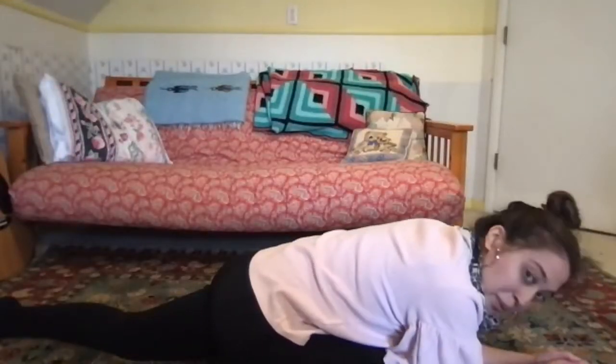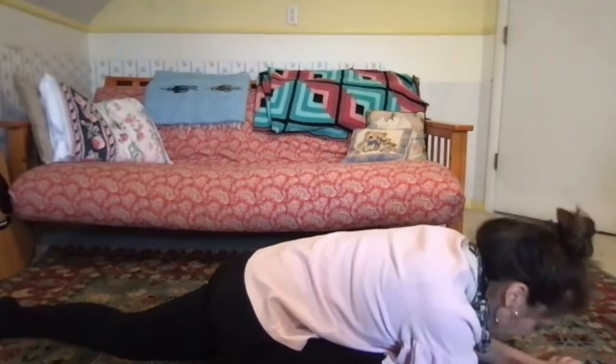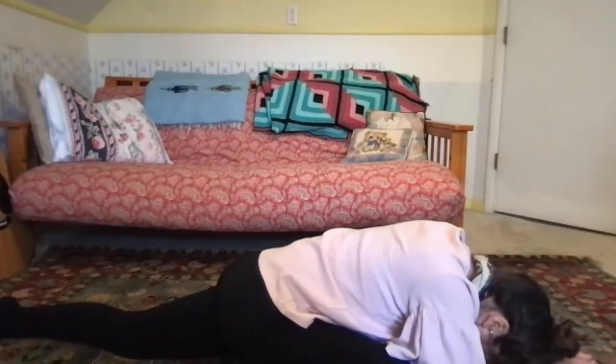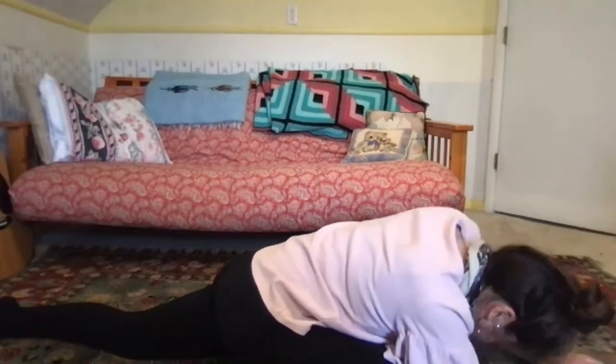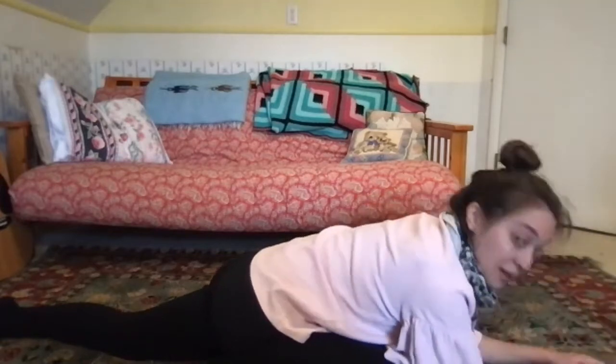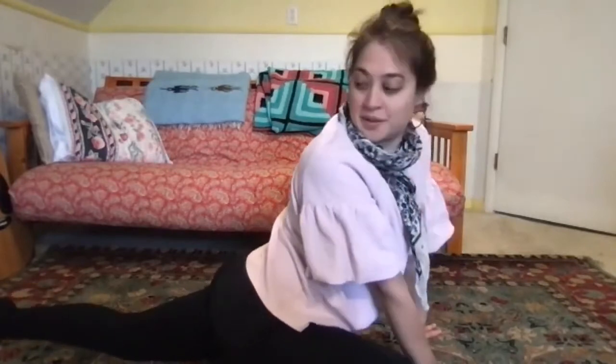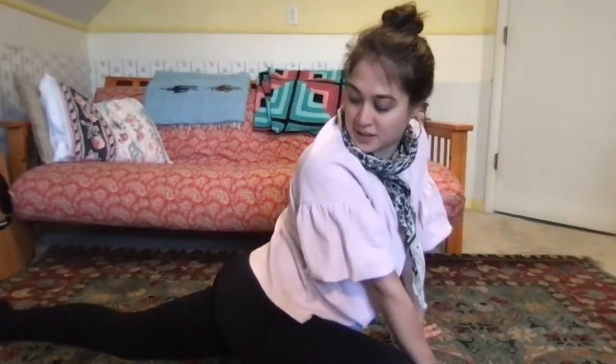To exit this pose, we'll just come up one layer at a time, the same way we came in. So if you're all the way down, you can start to walk back up to your elbows. If you're on your elbows, you can start to walk back up to your hands. And before we leave the pose, just look back towards your foot. Oh,